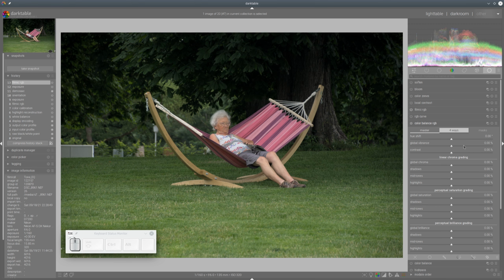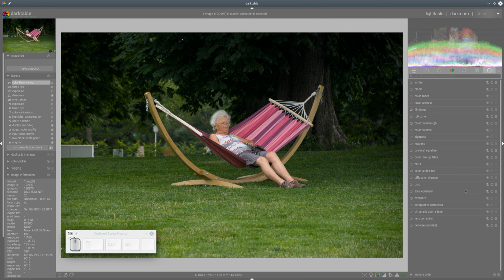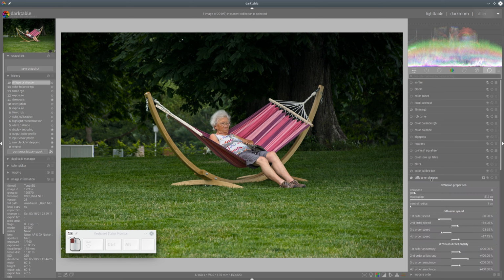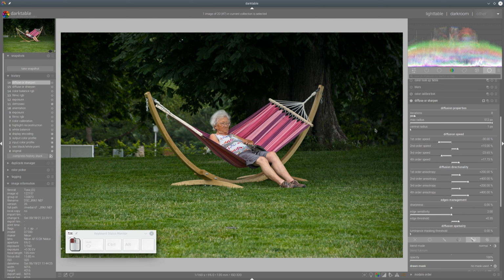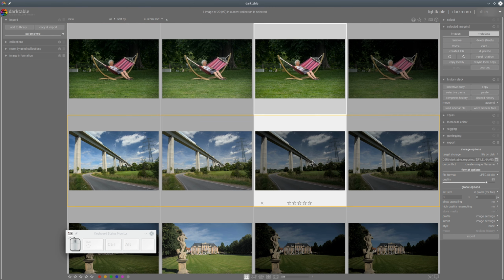also use RGB balance, color balance RGB, always the same things, maybe not too much saturation there. And last step, diffuse and sharpen, local contrast, maybe a bit less. And we are done. You can see it looks quite nice. I don't want to watch how it looks in comparison to other. Let's go just to the next one real quick